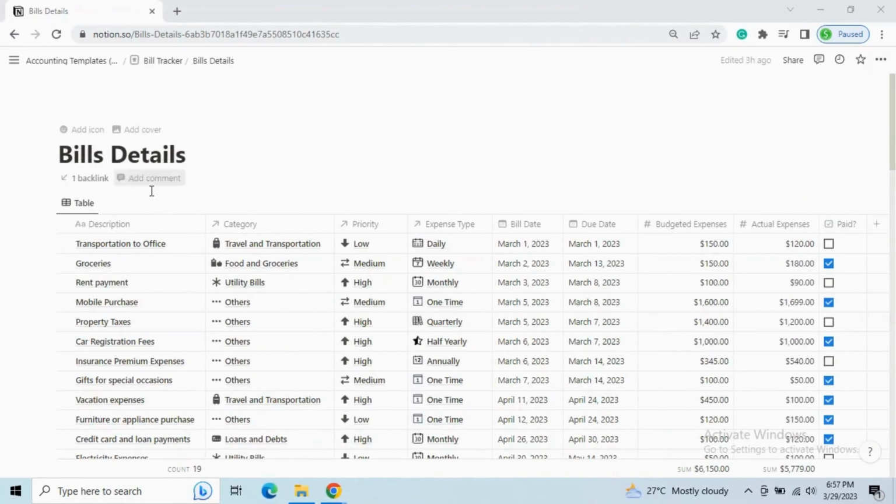In the Bills Details database, we have description, which states the description related to any expense. Then there is category, which states 1 out of 6 categories of expense. Then we have priority such as low, medium, or high priority of expense. Then we have type of expense such as daily, weekly, monthly, or any type that we have. Then we have bill date, and it's the date of occurrence of expense. Then we have due date, which is the expected repayment of bills, budgeted expense, which states the budget of the expense,